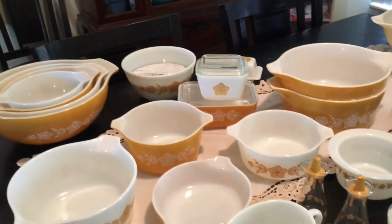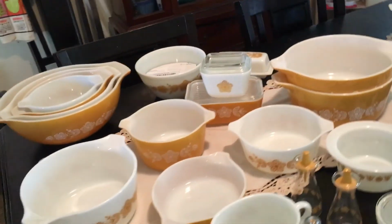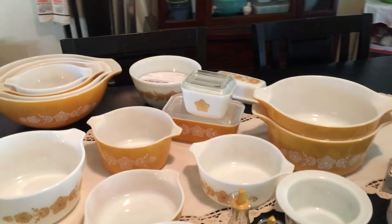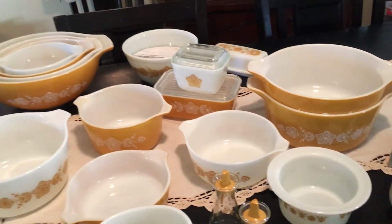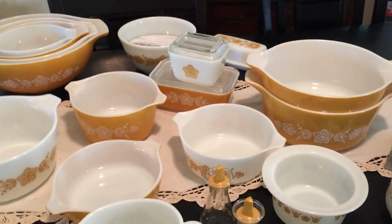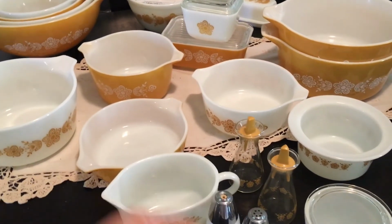I thought today, I haven't been doing a lot of thrifting or garage sailing lately. We're getting ready to move. I'm trying not to bring that much more stuff into my home. But as I'm going through things as it is, I would show you my Butterfly Gold Pyrex